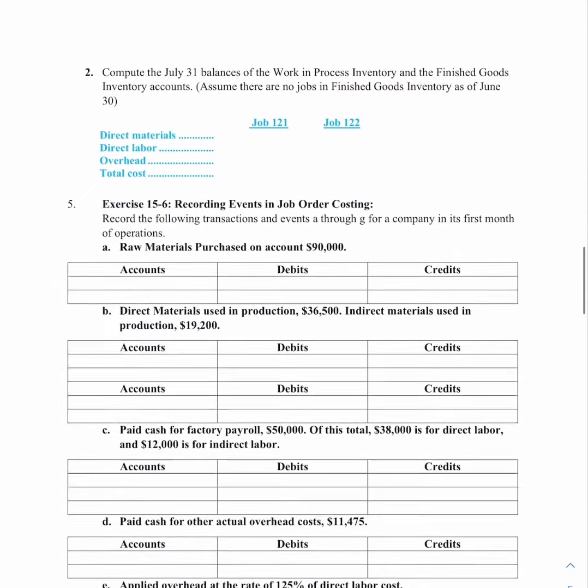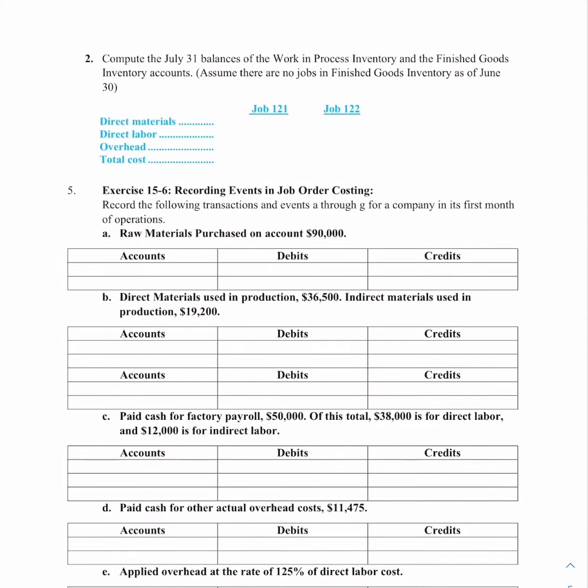So the next item then is to complete the work in process inventory and the finished goods inventory accounts as of the end of July. Assume there are no goods in finished goods inventory as of June the 30th. So for job 121, we see our direct materials were $6,000. Our direct labor was $3,700, and our overhead was $2,960, giving us a total of $12,660. For job 122, we see direct materials $2,500, direct labor $2,100, and overhead $1,680, giving us a total of